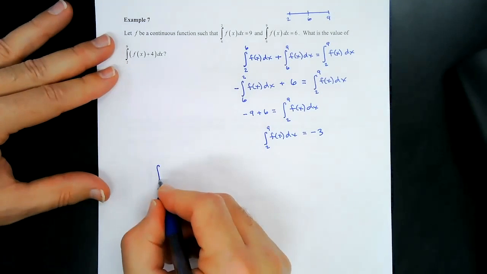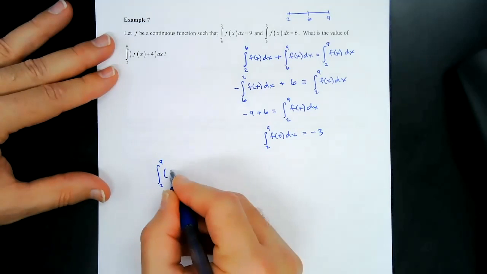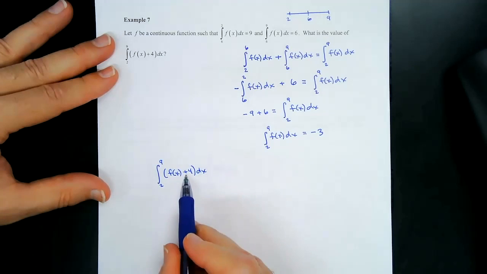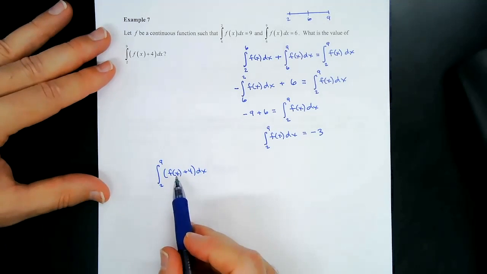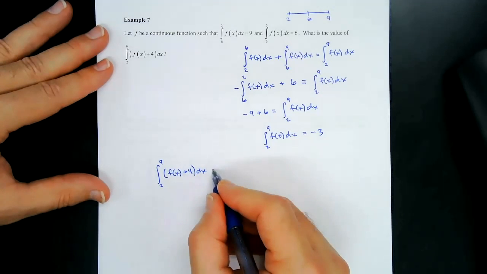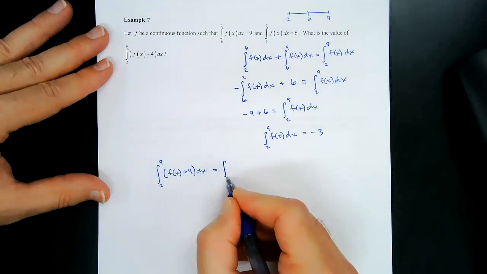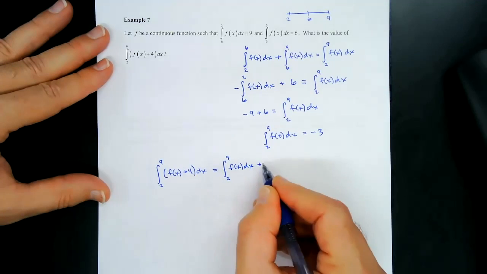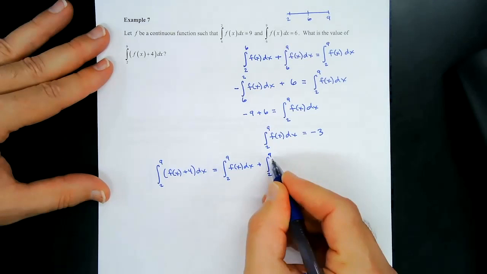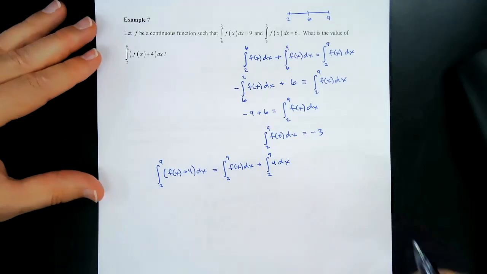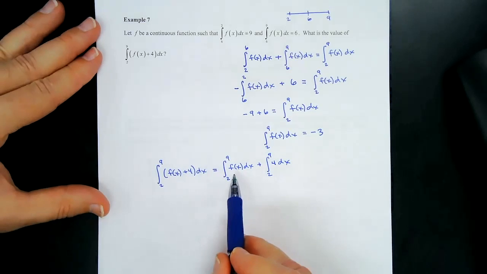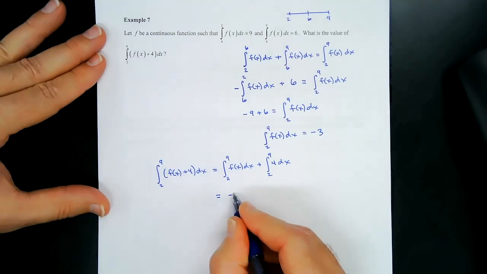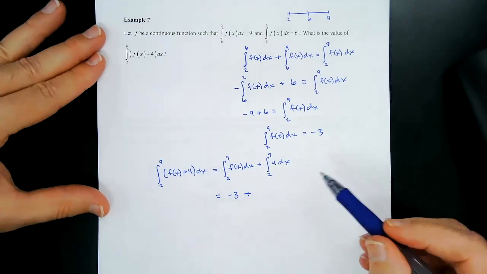So the integral from 2 to 9 of f of x plus 4 dx, because this is a sum, right? I can use the addition, sum and difference property, which means I can break this up. This would be the same as the integral from 2 to 9 of f of x dx plus the integral from 2 to 9 of 4 dx. And this one I know, right? I know this one because I just figured it out. This is negative 3. So this is equal to negative 3 plus, okay,